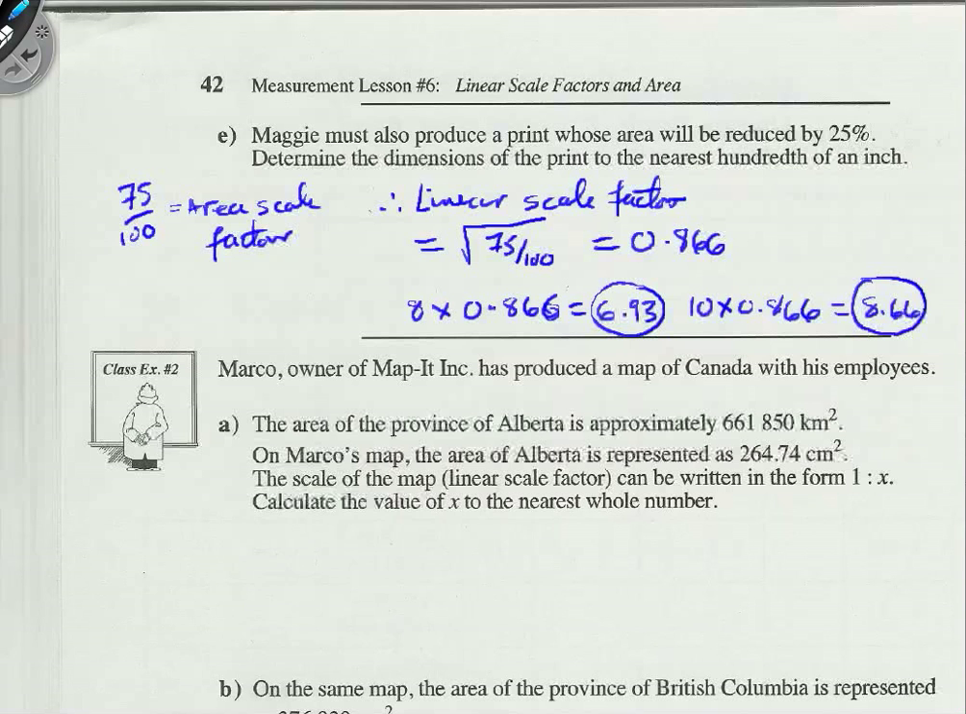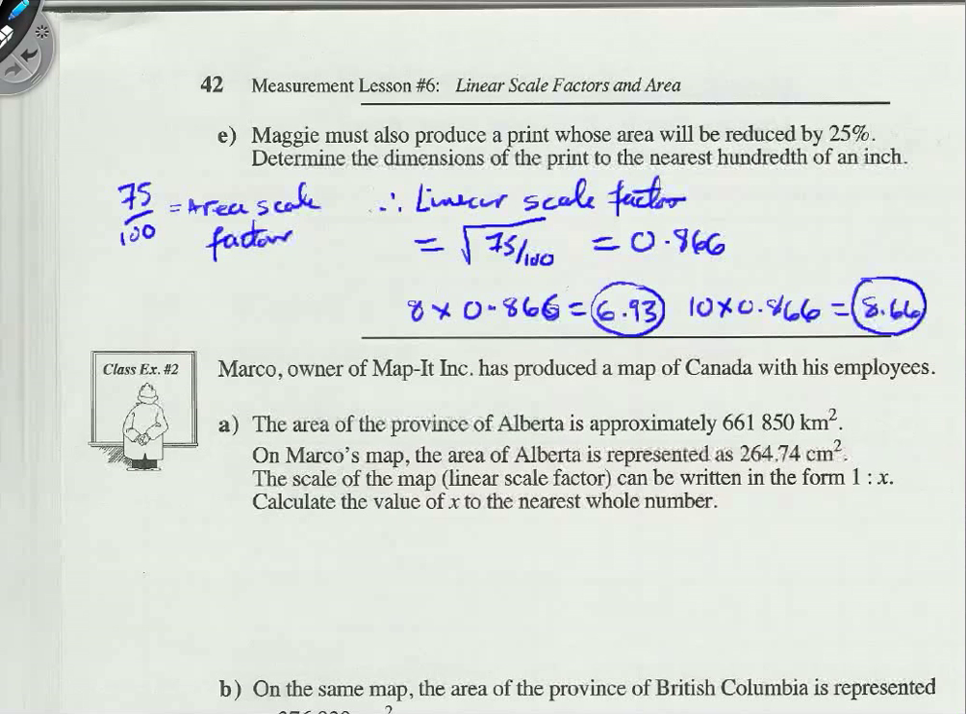Okay, so I've drawn out here that the new percentage is going to be reduced by 25%. So originally it was 100%, so it's gone down by 25 to 75%. Here's the new percentage, here's the old percentage, so 75 over 100, that's the area scale factor, the new scale factor for the area. And as before, the linear scale factor is going to be the square root of the area scale factor, so the square root of 75 over 100,